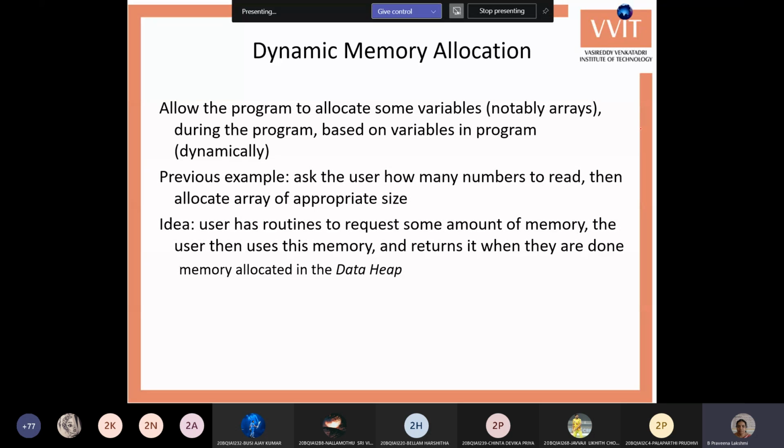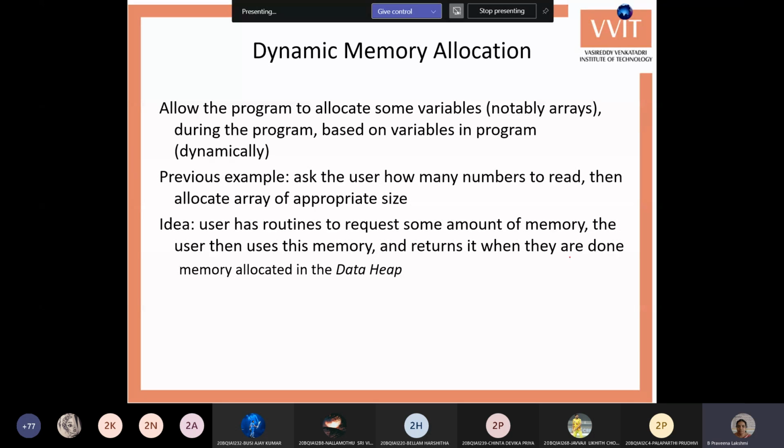And there is a problem: if sufficient memory is not available at the time of executing the program, then our pointers may not get the required memory space. To reduce that problem, we can go for dynamic memory allocation. Whenever the program is started, you can reserve some memory space for pointer variables, so that we do not get the problem of insufficient memory. And we can also allocate based on our requirement.